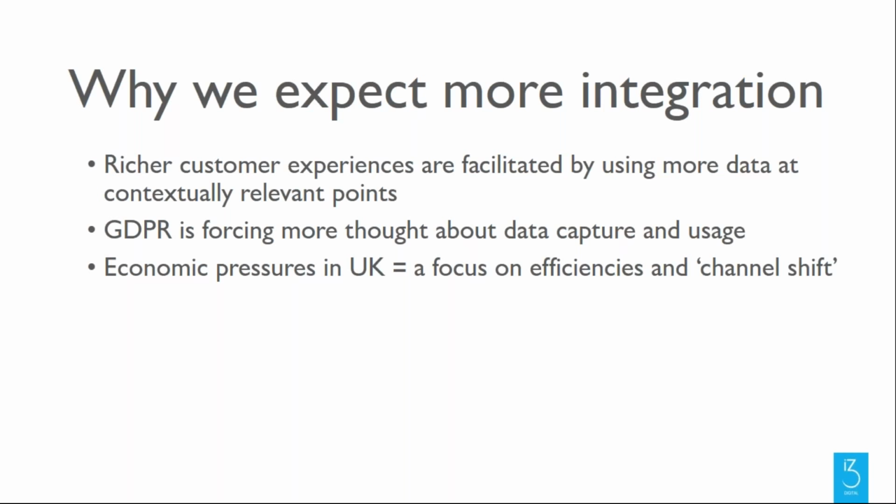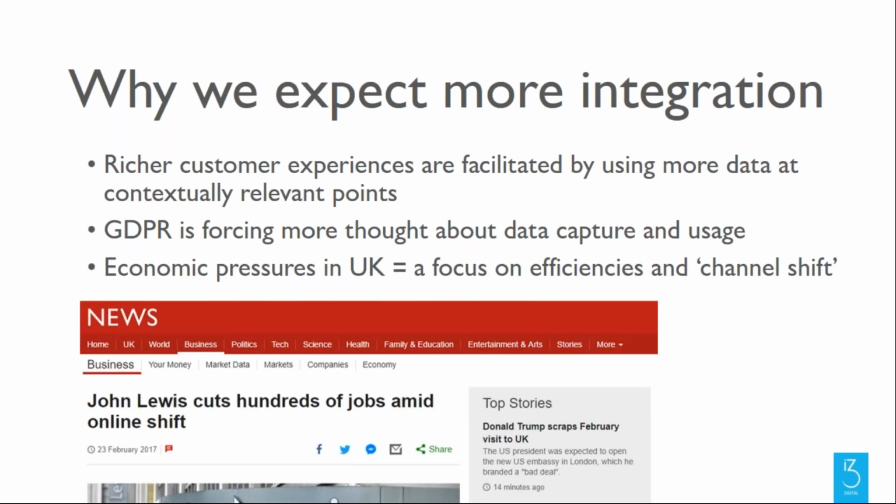And generating efficiencies normally means putting more services into websites, which means channel shift away from managed services with people. And to do that, you need to have integration, because you need, like Stephen was talking about, the ability to replicate the contextually driven, cognitively relevant conversations people are having normally with people within a digital setting. And John Lewis is an example of that.